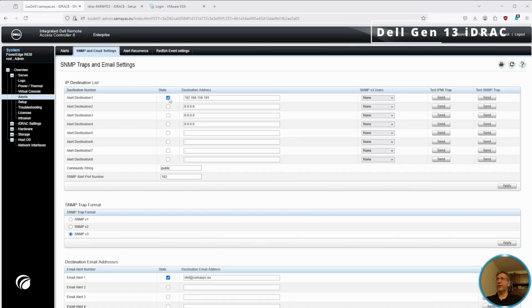So once we're in the SNMP trap and email settings, in essence, an SNMP trap will be sent out to a network monitoring server, or an IPMI trap will be sent out to an IPMI managing station. But that means that you already have infrastructure in place. Also pay attention, those are different blocks here, and if you want to change something, you need to apply each of those specifically. If you do two things at the same time and you press apply, the second one is